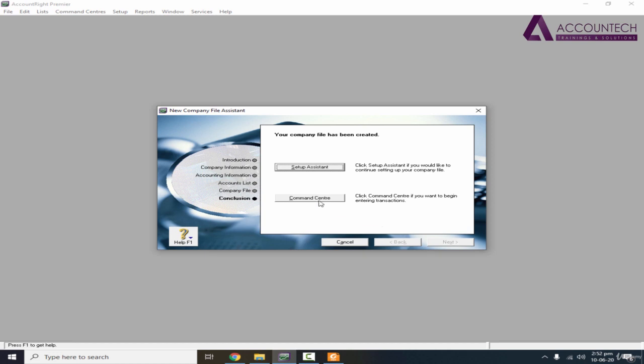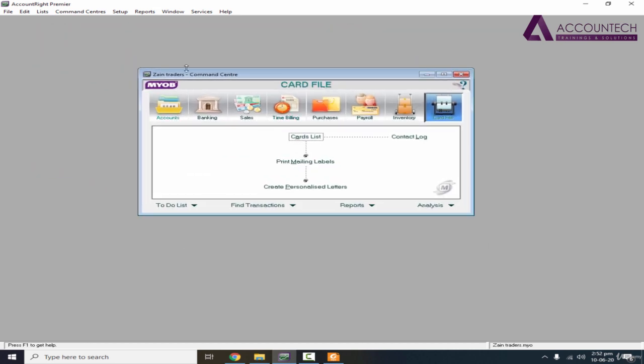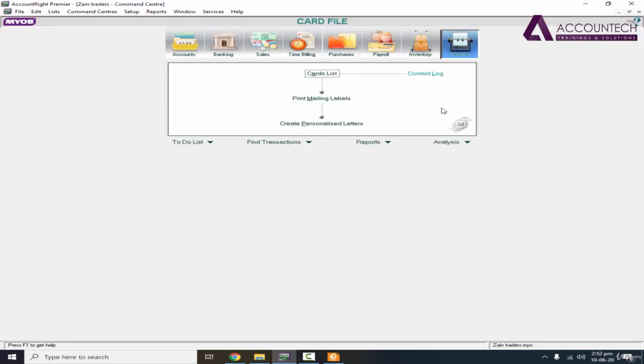So I'll directly click on command center. After you click on command center, you will see this main interface of the software. So just follow these steps and create the company and come until this point, and then we will see afterwards how we can do the rest of the work on this company.